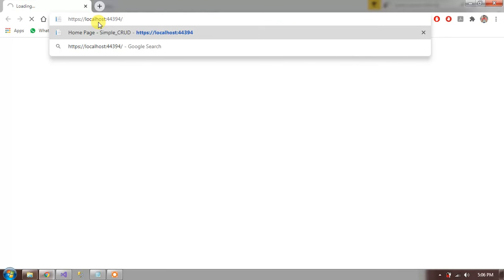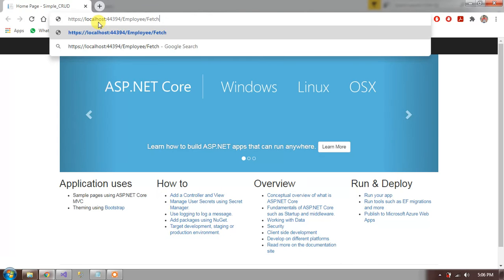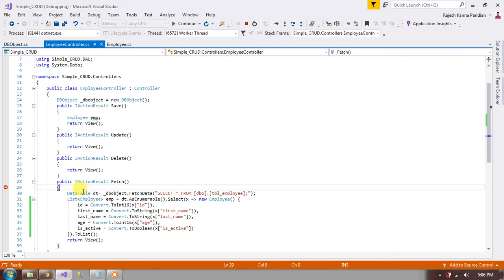From the URL, slash employee, your controller name, slash your action name, fetch. We have a breakpoint in the fetch action. Now let's press F10.